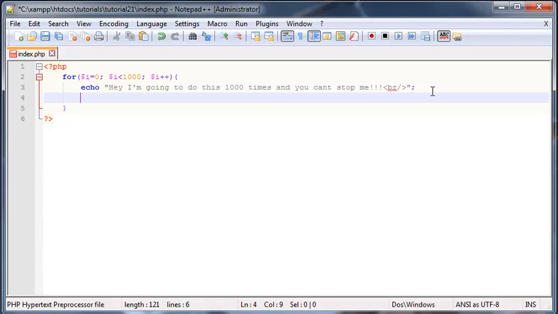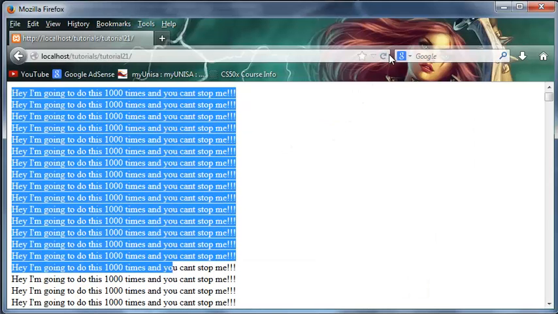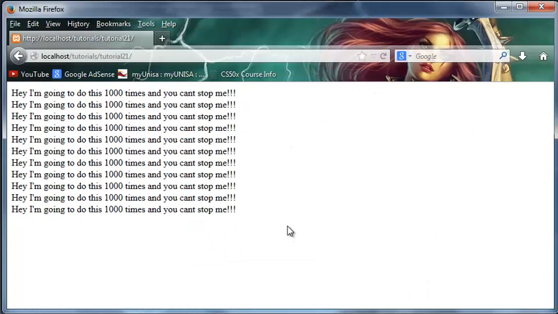So that's what I'm going to show you guys how to do now. So we'll go ahead and put in an if statement, because we can't just break, we need to have a condition to break. Okay, so if i is exactly equal to 10, then let's just say, okay, you know what, this loop's gone on for long enough, let's stop this loop. Okay, so go ahead and say break,